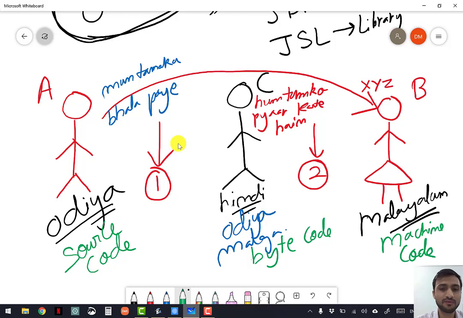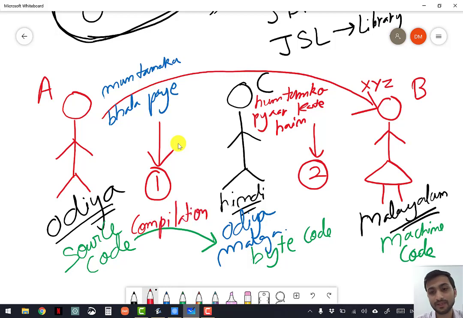The process 1, conversion from source code to byte code, from Odia to Hindi, is known as compilation. And again from byte code to machine code, another process, is called interpretation.